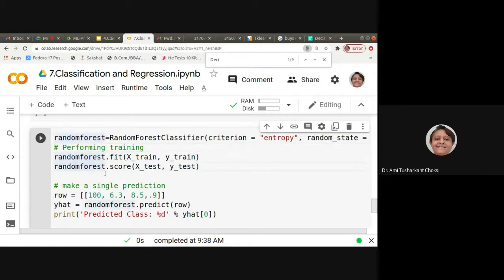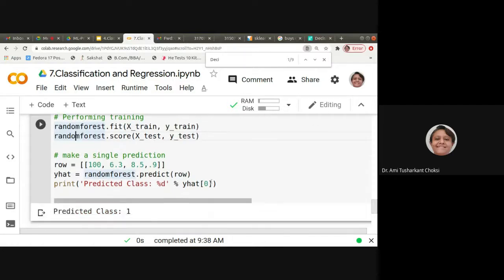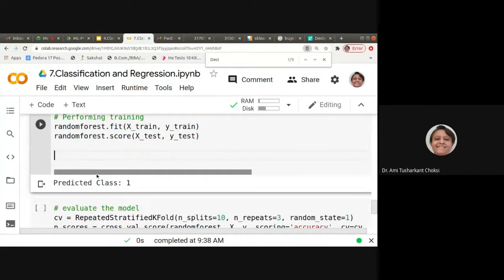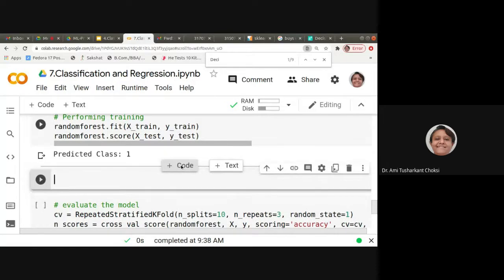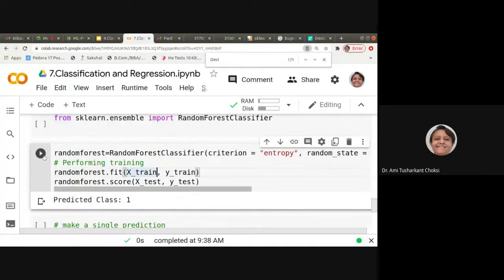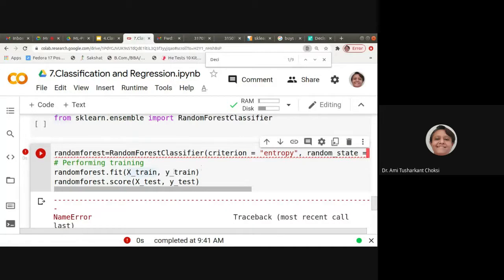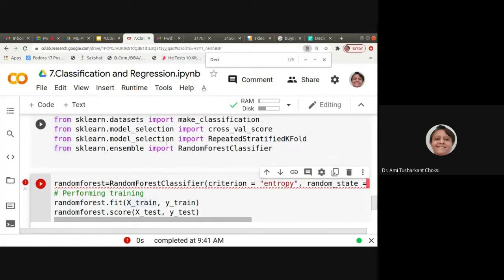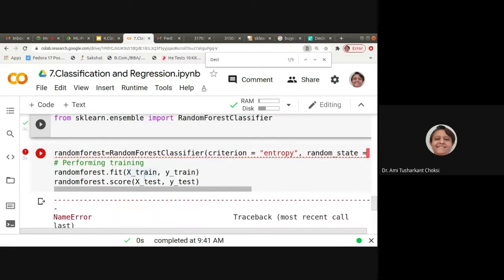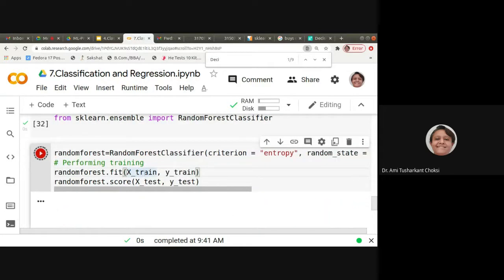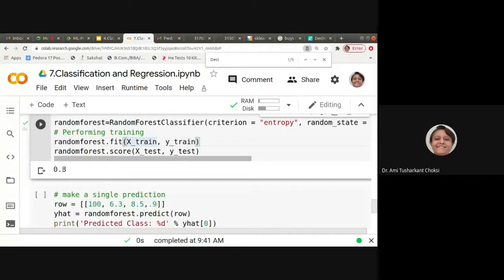After that, random forest dot score will give us the accuracy score. We haven't run the imports before, so they should be imported first, then we can run this. It gives us the accuracy of 0.8.